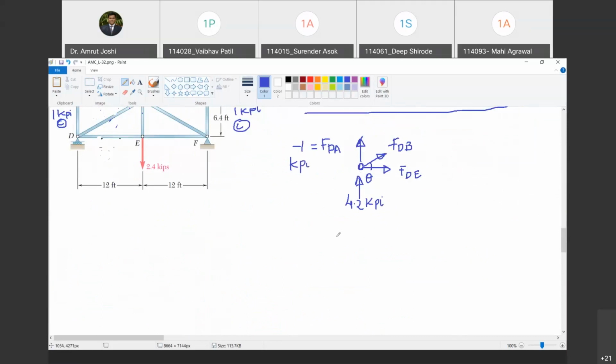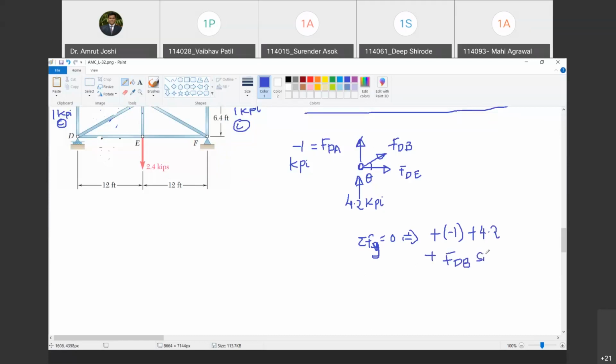Now चलो अब क्या करेंगे? सबसे पहले we will apply summation Fx equal to 0, Fy equal to 0. What does that give me? Tell me. So -1. नहीं, plus FDA, so plus of -1. Are you with me? Yes, sir. इस फोर्स का साइन अपवर्ड है तो प्लस देंगे, and because its magnitude is -1, I have substituted it as -1. So be very clear about that. Then you have plus 4.2. Are you with me? And plus FDB